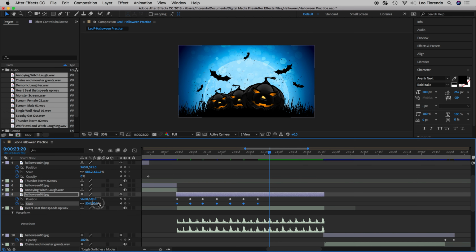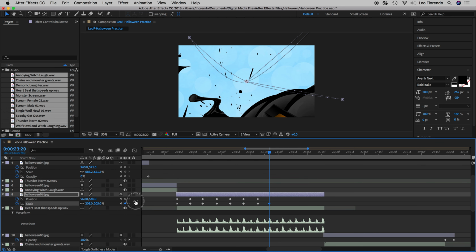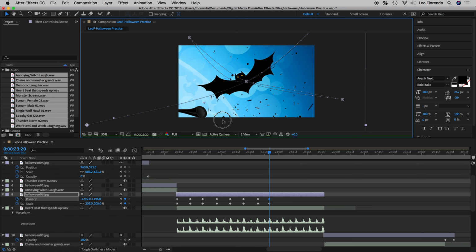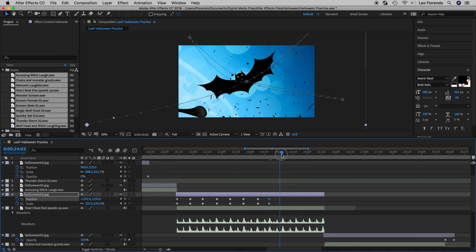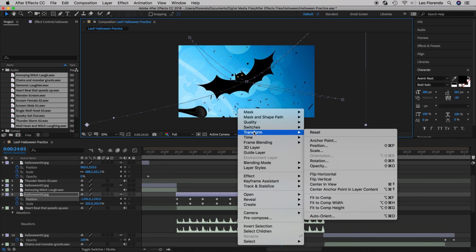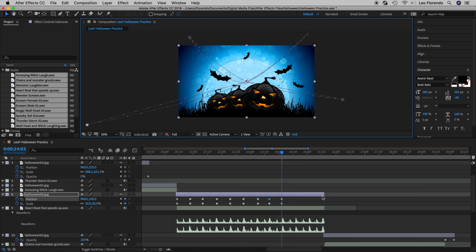Zoom and reveal it, probably another bat, like so. Move my playhead and right click, transform, fit to comp, just keep going,